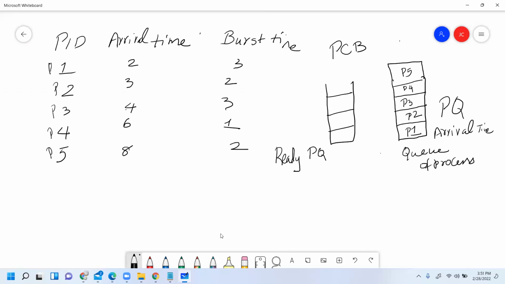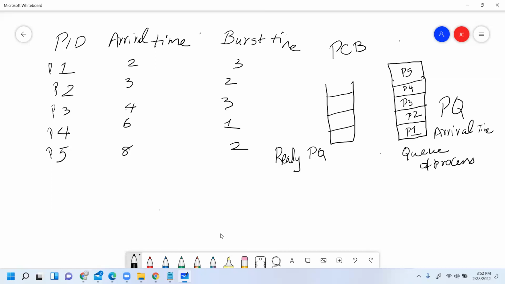This is arranged by, sorted by, basically how it should be sorted. Can you tell me how it should be sorted? The priority queue for the ready queue. Ready queue, how should it be sorted? Yes, very good. Shortest time first, right? So you can arrange this thing. That means that